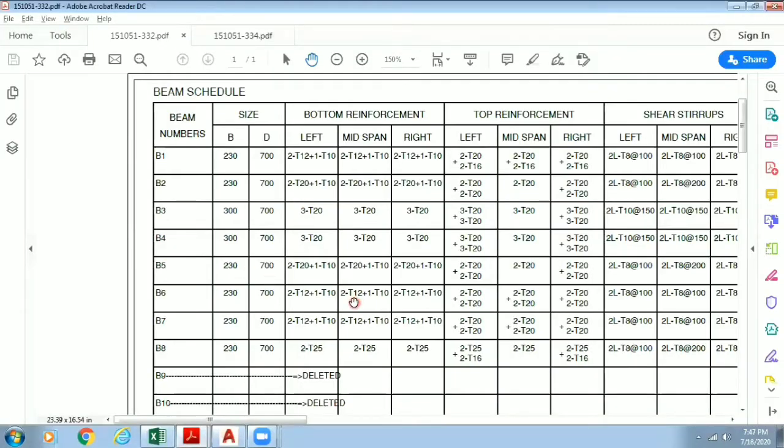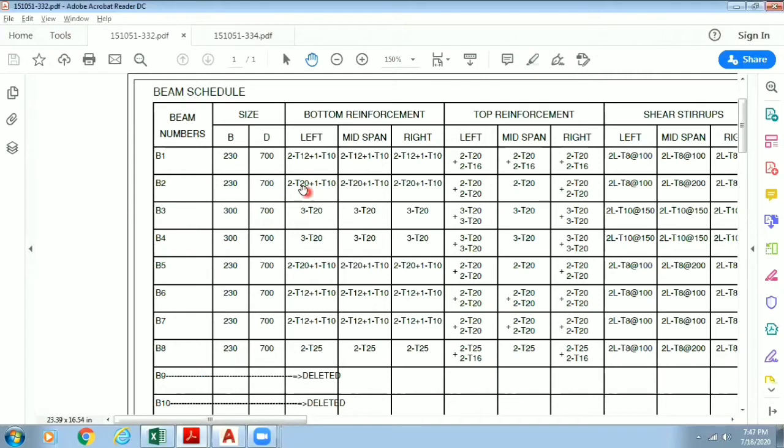The details of B5 and B6 are, you can see here, the right support of B5 has the same reinforcement as the left support of B6. So this data is correct. We will just change this value to 20 mm and we will raise this query to the respective departments as well. For now, we are considering this as 2-20 only.